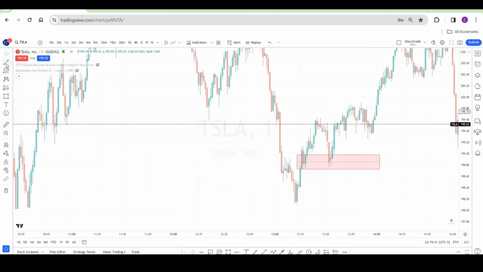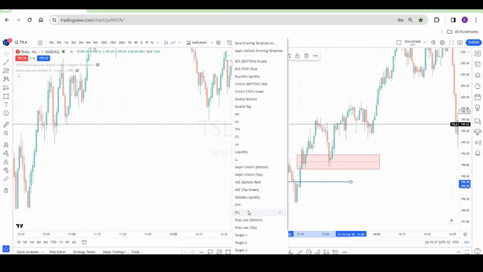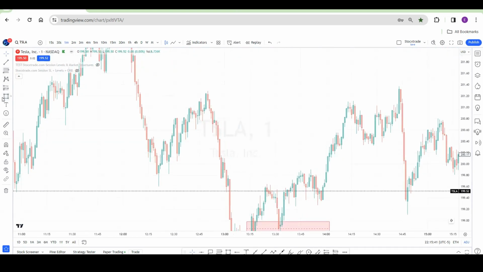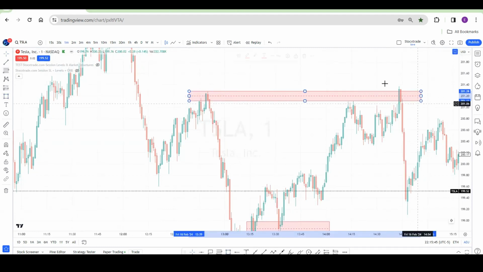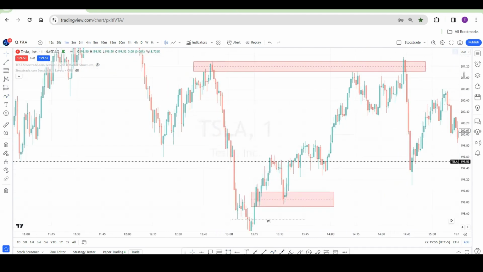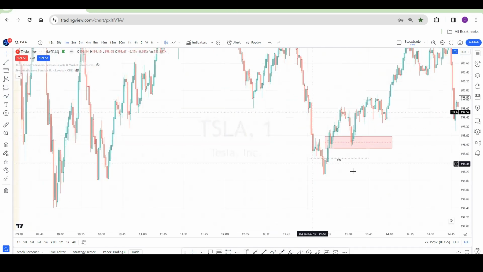You can put the stop loss below this structure level, the previous STL level. This is your short-term level. You can put the stop loss below this. Where is the target? Your target is the next supply zone. Because sometimes, what did the price do? Price came to test this zone and then came down. So if you mark the liquidity, maybe you will not take the profit. So this is your entry. Let me mark the